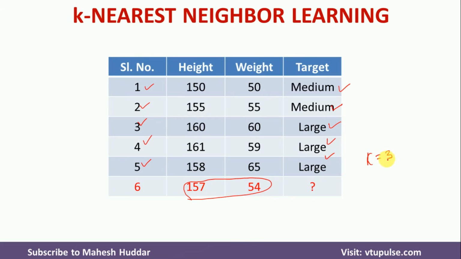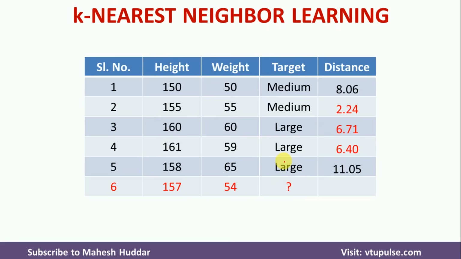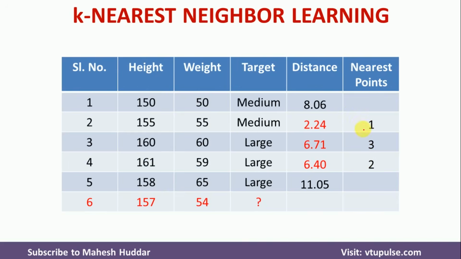I have to find the 3 nearest neighbors. So I will calculate the distance of this example with respect to all these examples. I have already calculated it. The first distance is this one, second is this, third is this, fourth is this, and fifth is this. Based on this, we have to identify the nearest neighbors. The value of k is 3, so I will identify the 3 minimum values here. This is the first one, this is the second, this is the third. Once you get the minimum distances, we name those nearest points based on the minimum distance: first, second and third. Now we will try to understand how this function works.